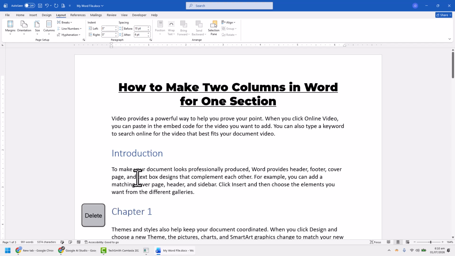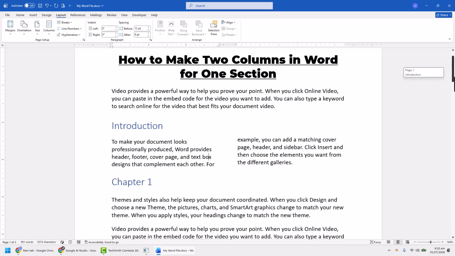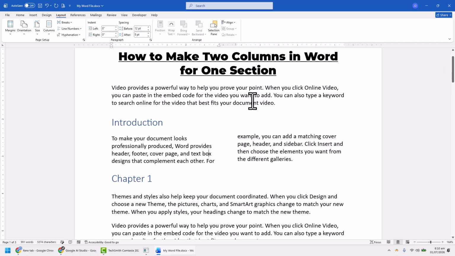Now, click anywhere inside that section you just created. Go to Layout, click Columns, and select 2. That's it. Only that section will be displayed in 2 columns, while the rest of your document will stay in